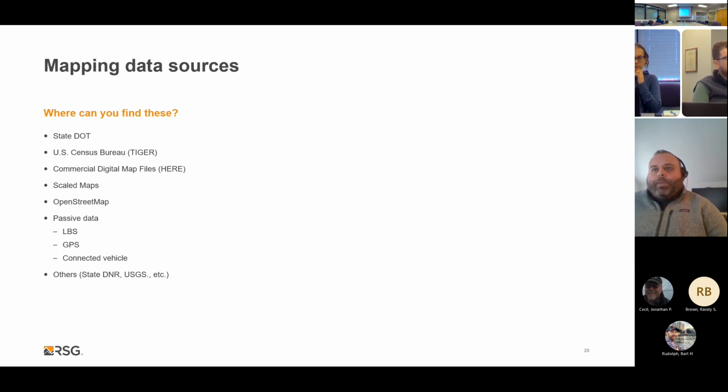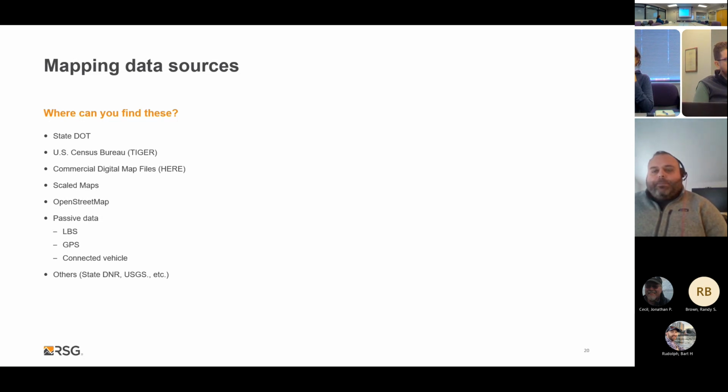And then there's new passive data as well. So we have location-based sampling, or LBS data. That is a lot of the cell phone GPS or cell phone data provided for big data, which has typically in the last 5 years come from smartphone applications. So if you enable a location-based service on your phone for whatever app is on your phone, that data is likely being sold. And then it's sold to data aggregators, and then it comes out in passive data that can be purchased for origin destination analysis.